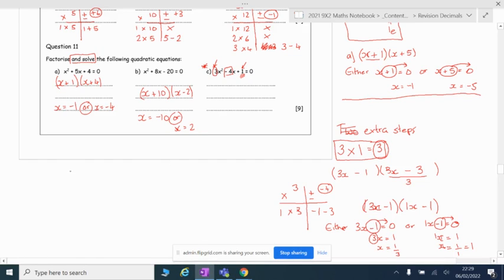My second example is going to be 2x squared plus 3x minus 14. Okay, extra step 1. Take this number and this number and times them together to create a new number of 28. Into my brackets, 2x,